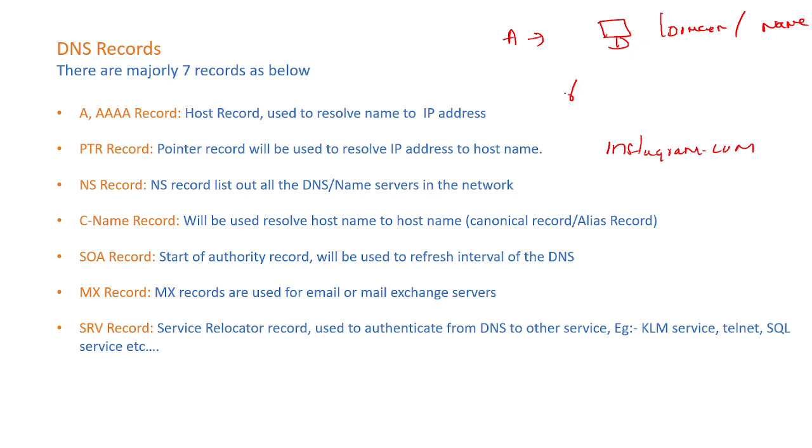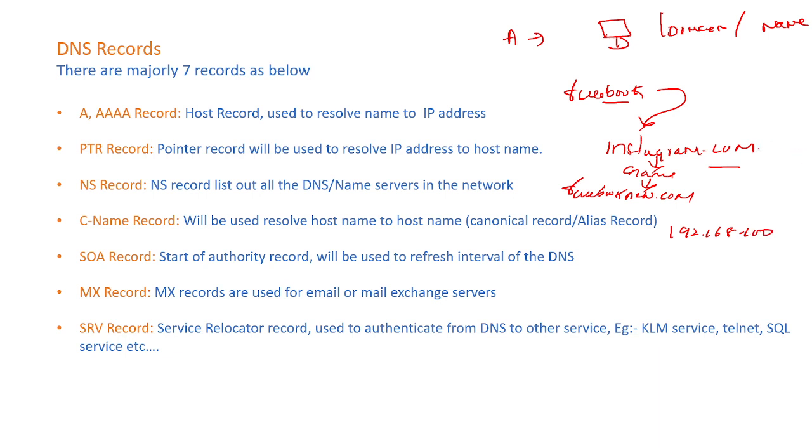Okay, so when I type facebook.com, there are two companies: one is facebook.com, another one is instagram.com. Now Facebook acquired Instagram. Going forward, Facebook doesn't want Instagram to be called instagram.com. Maybe they need to call it some other name, maybe facebooknew.com. What they will do in the DNS is create a CNAME. They will create a CNAME for Instagram.com stating Facebook.com, and that also resolves to the same IP address